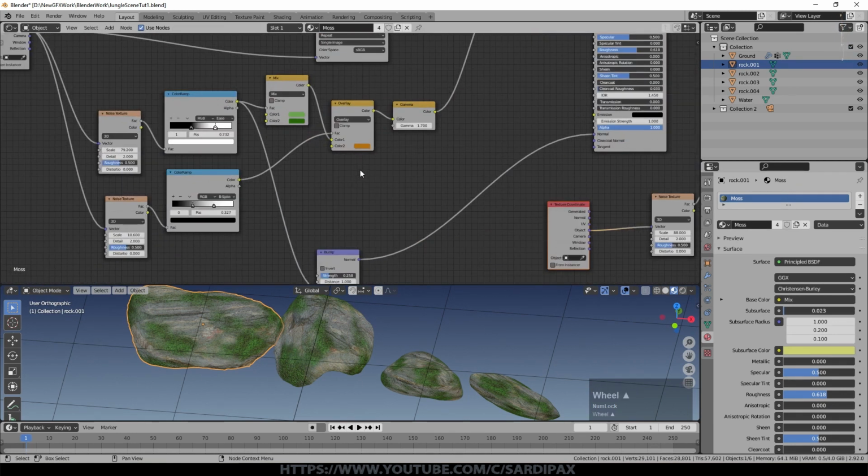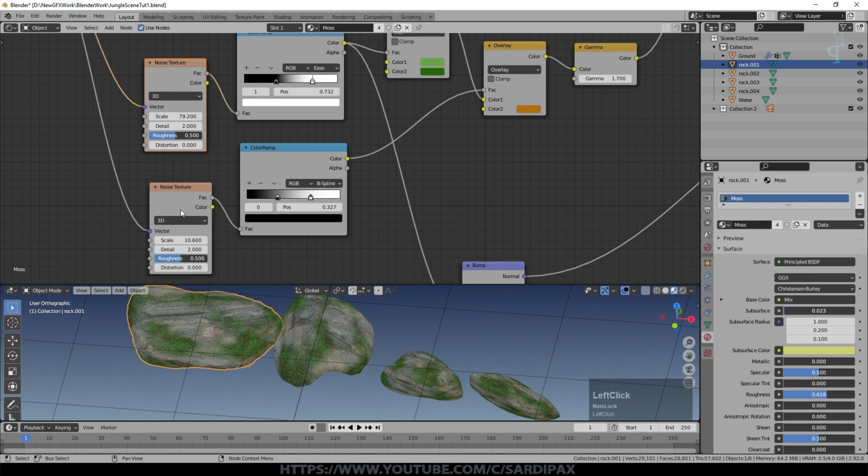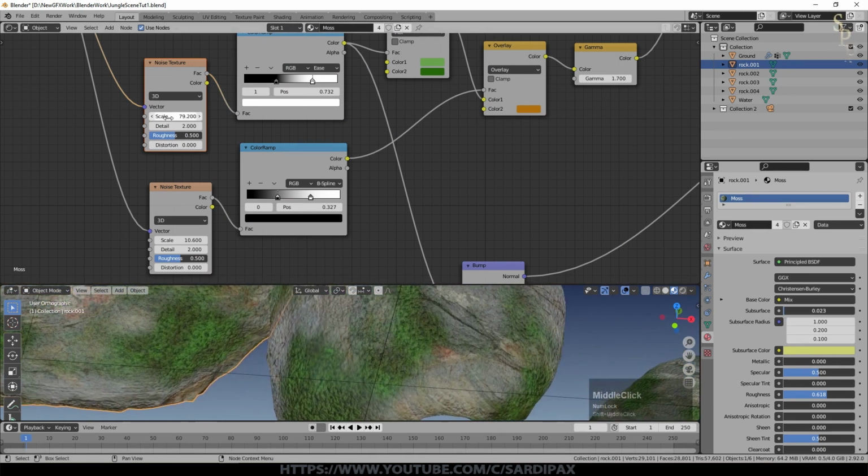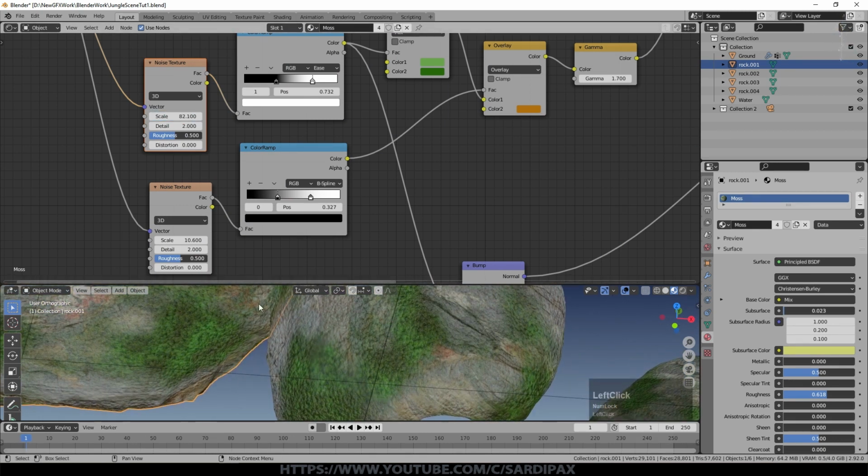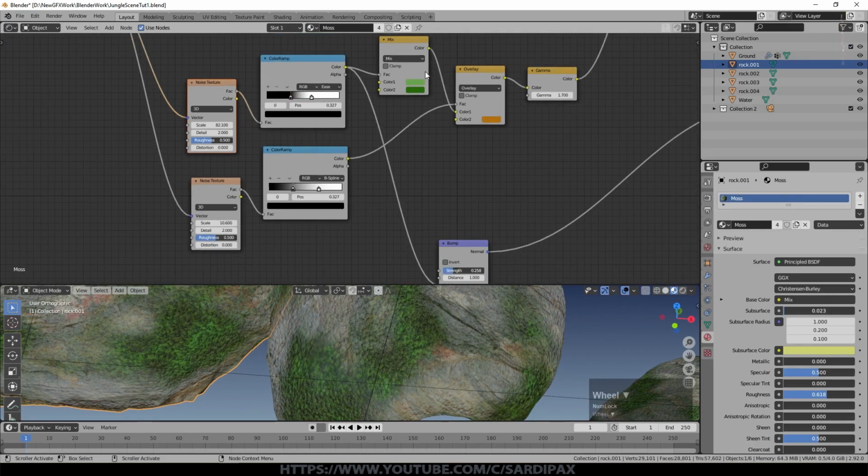So then coming down here, the noise for the moss is a relatively high frequency, as it were, or high scale. If I change that, you can see it's affecting the individual areas here. So it's as though you've got different colors within the moss, which, if you look at moss, it does look a bit like that from a distance. And again, this varies how sharp the fall off between bright and dark is, which is what controls this mix.